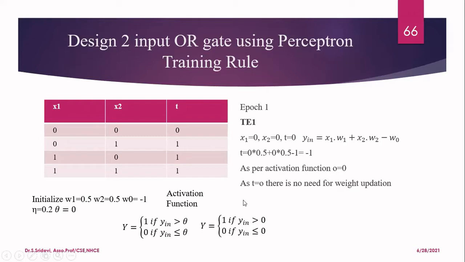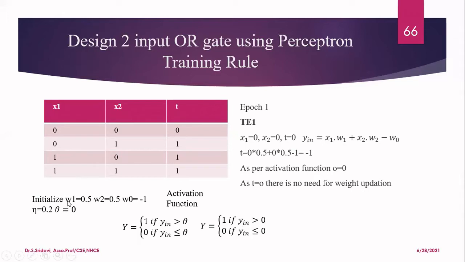And one more thing is they will also give you the activation function you are going to apply in the perceptron. So here I am assuming an activation function like this. If the sum of the input value yn is greater than the threshold theta, output will be 1. That is, the neuron is now fired. Otherwise, if it is less than or equal to theta, output will be 0. Here I have assumed that theta is equal to 0. So I will write the activation function as: if my summation yn is greater than 0, it will be 1. Otherwise, it will be 0.